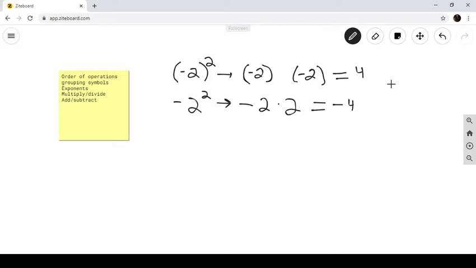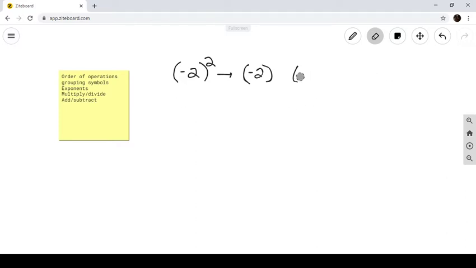So parentheses are extremely important to keep in mind when we're dealing with these exponents. And there's another place that we need to keep them in mind, and that is when we are substituting values into our expressions. So if we have an expression, say 2x squared plus 5x minus 3,